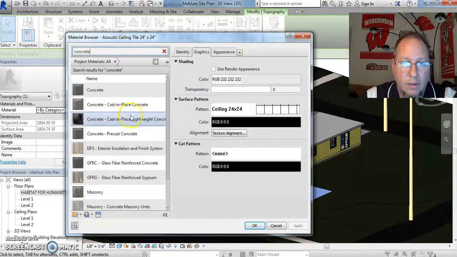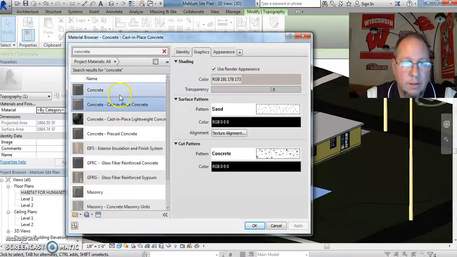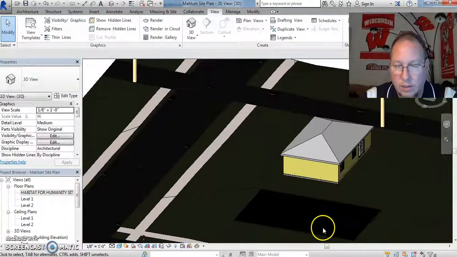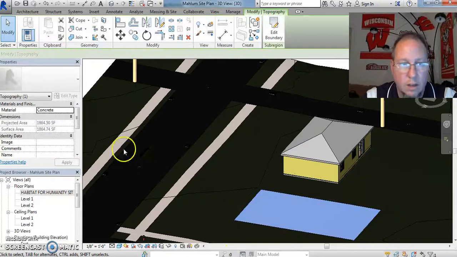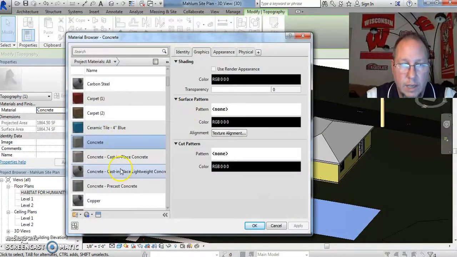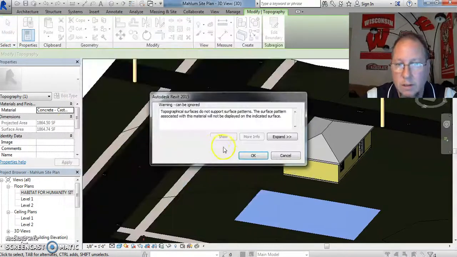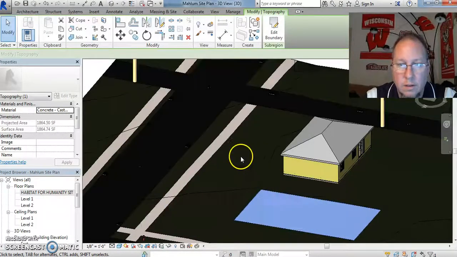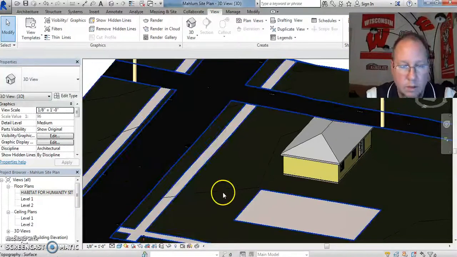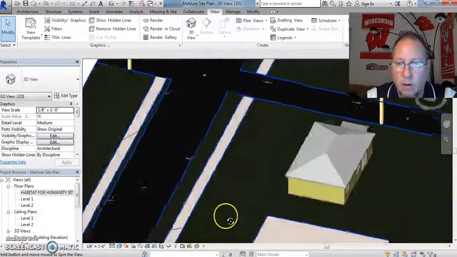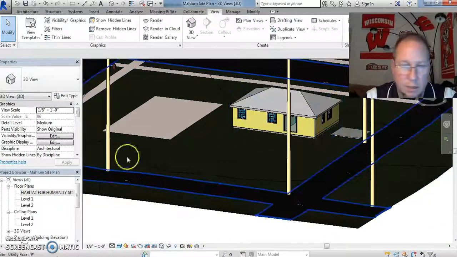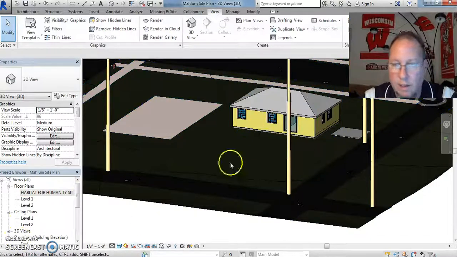Once I find the concrete, I'll just use concrete. You can see that it changed that to a black colored concrete. Or I could use cast in place concrete, and then it looks a little bit more like the concrete that you'd like. So you'll have to draw in those concrete pads however you want. I was just showing you how to put them in. I was not trying to make them connect to my house in any way, but I think you get the idea. Alright,